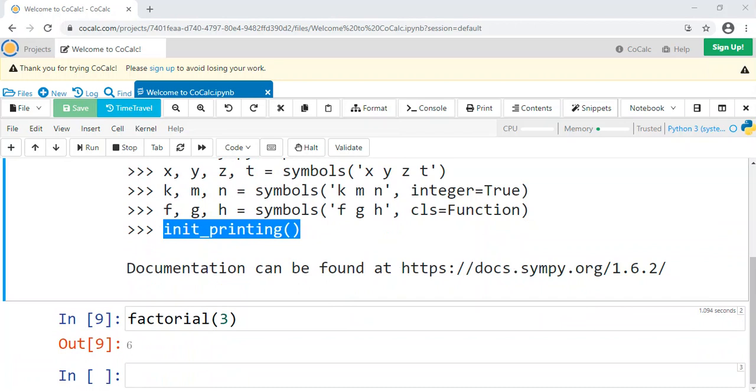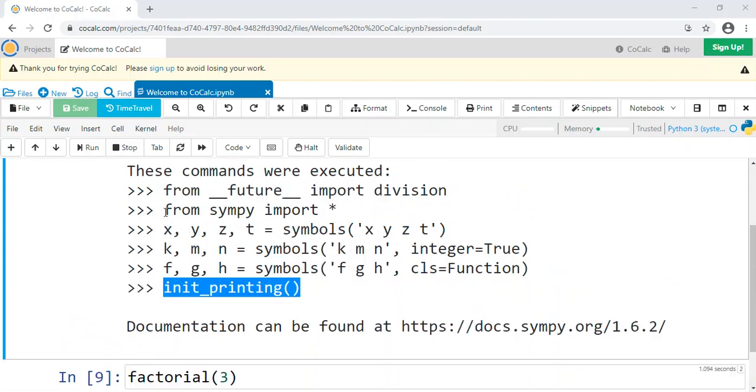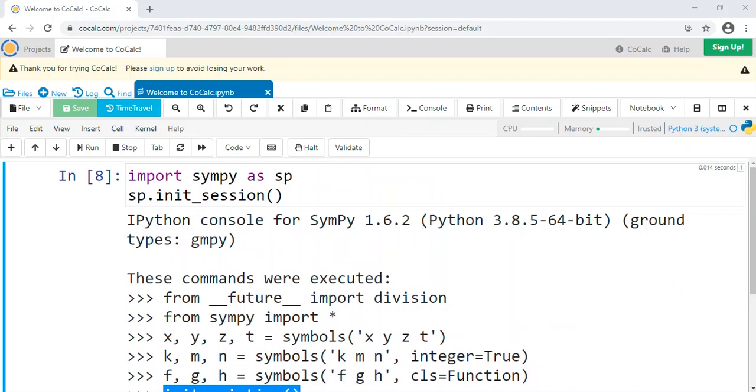But what we are going to do today, especially because I want to walk through everything step by step, especially defining these symbols and how that all works, and I want to be clear in the tutorial when something comes from SymPy by having the sp dot in front of it. So for the purpose of this tutorial, we're not going to be using init_session, but I wanted to show it to you just so you know about it.